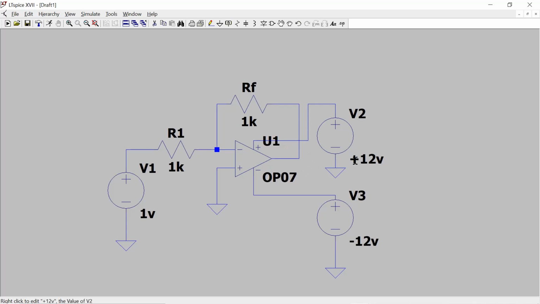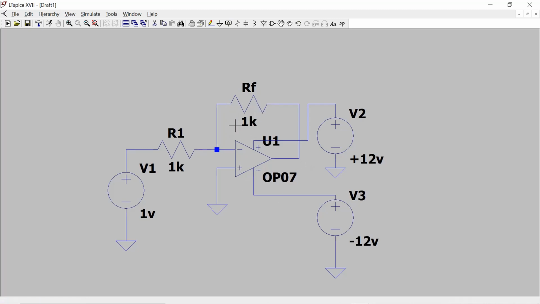So which is equal to minus 1 volt. So your output must be V0 is equal to minus 1 volt. So we will also check whether we are getting the same output voltage. Here, based upon this feedback resistance only we are going to get an output voltage.